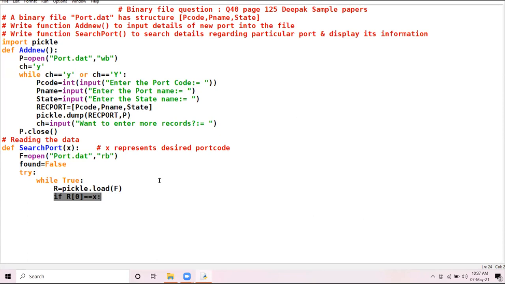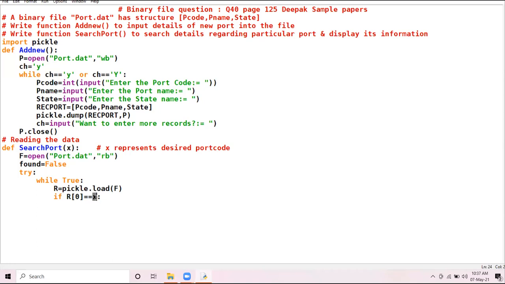So this statement means R of 0, the port code of the first record. One by one records will be read. If the port code of the first record matches your desired port code, then the detail gets printed. If not, move to the other record. If the port code matches, print the detail, and likewise till the end of the file.